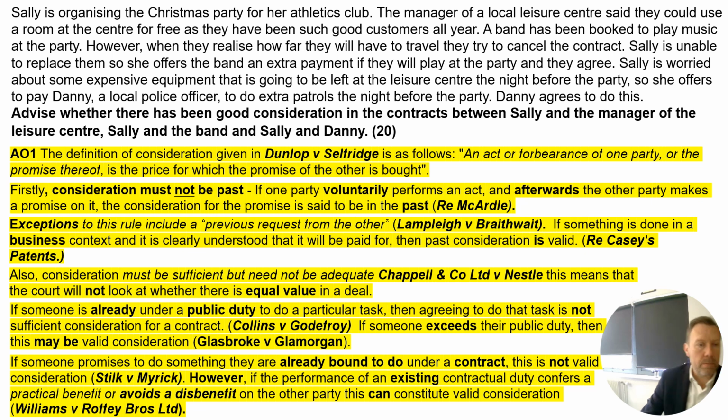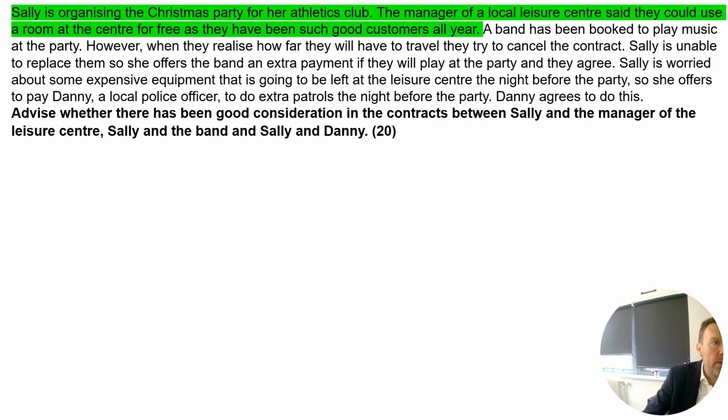So with hopefully 8 marks in the bag at this point out of your 20, you need to try and get your other 12 from the AO2. And what we're going to do here is look at the first of the 3 scenarios, and it's the bit highlighted here in green where